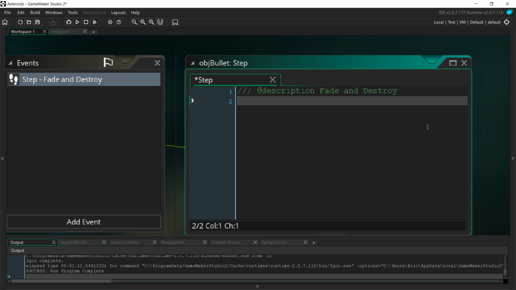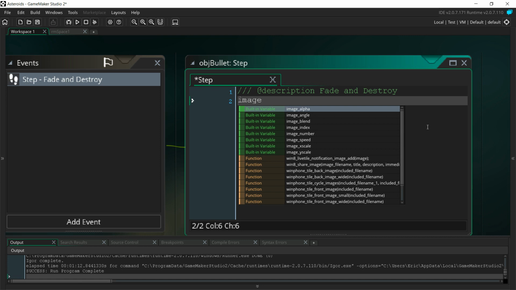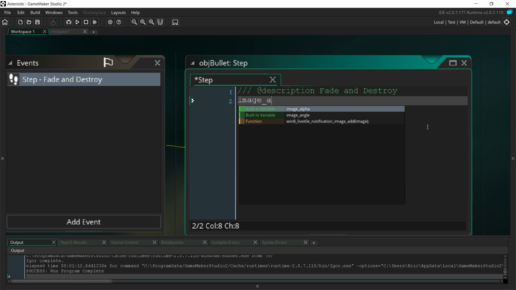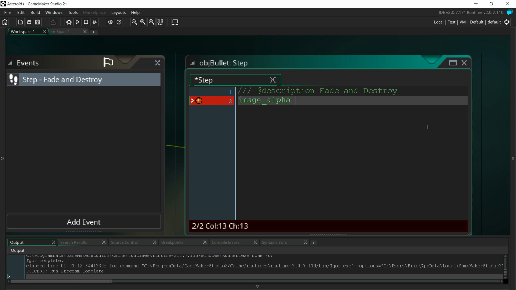This is going to cause our bullet to fade away. Now, in addition to color, there is a level of transparency for each object or each pixel. In this case, we're dealing with the object. The characteristic in a lot of graphic arts programs that talks about the transparency of an object is called alpha, the alpha channel. So we are going to be adjusting the alpha channel. So you go image_alpha, minus